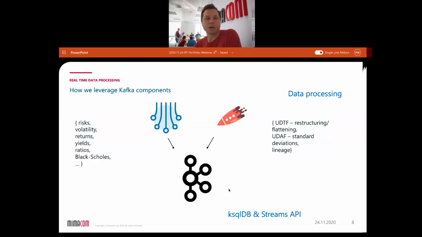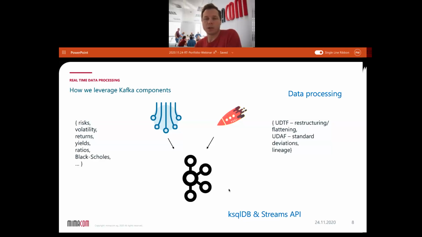Risk, volatility, returns of your funds, stocks, securities, yields, and any kind of ratio you would like to calculate, or